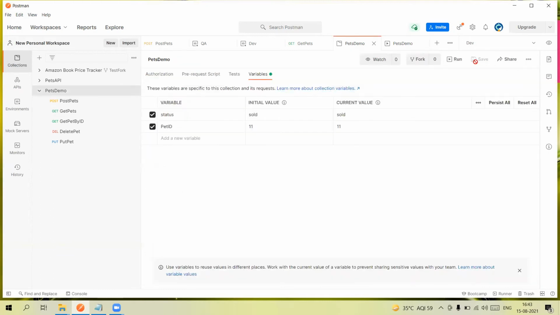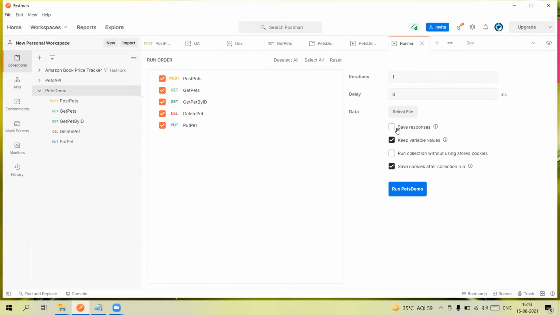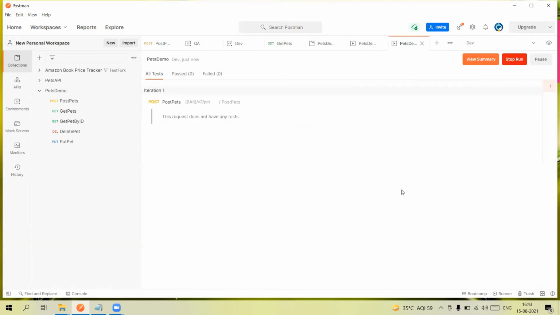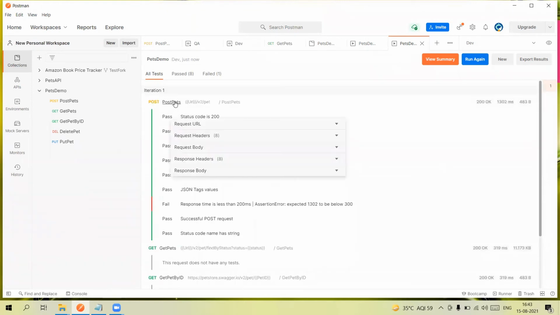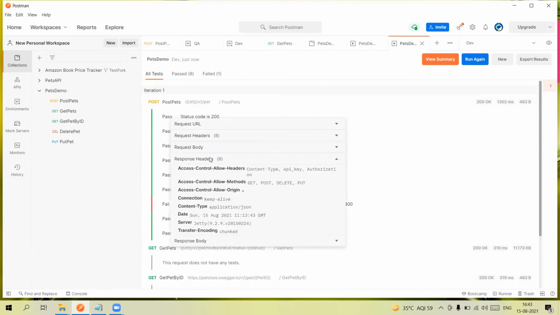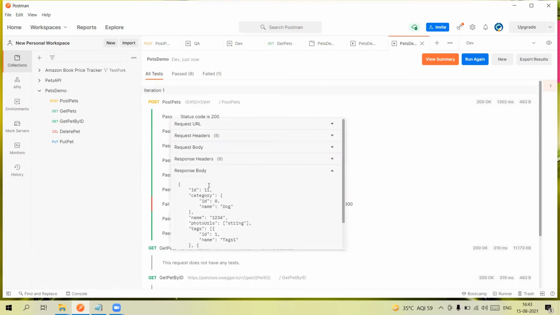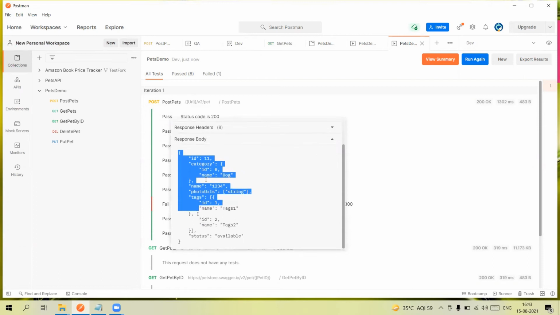This is the runner, click on this. Click the Save responses checkbox and click on the Run button. In that case, all the responses will be captured because we have selected the option. Now you can see the headers are captured, both the response header and the request header. The request body is also captured.